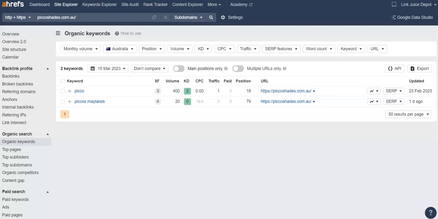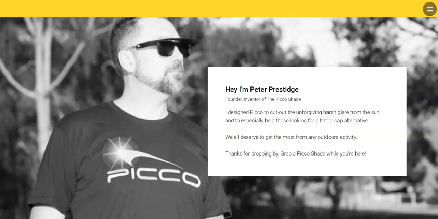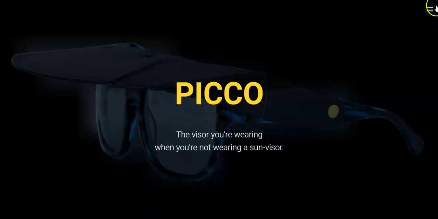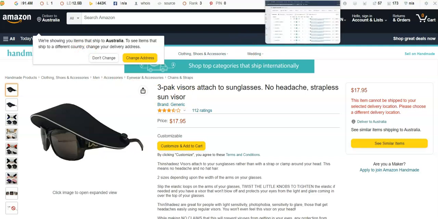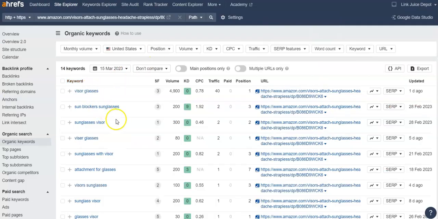If I showed you, not so much your competition, well, I suppose they would be, but what other people are doing when they're doing these visors for the sunnies, right? Because Amazon, you can go to Amazon, see these are there, and these people are cranking off of Amazon. Okay, so if I looked at the back end of their link, okay, see the keywords here that they have? Visor glasses,